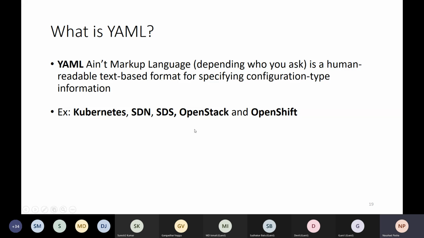So in Kubernetes, we mostly use YAML for configuration information, which needs to be supplied to the kubectl command or to the kube API server for creating the resources. It can be JSON also, but mostly we use YAML. YAML stands for YAML Ain't Markup Language. It depends whom you're asking. Some say Yet Another Markup Language. That's absolutely fine. So YAML is basically a readable text-based format file which will be used for specifying the configuration type